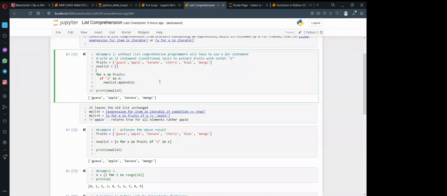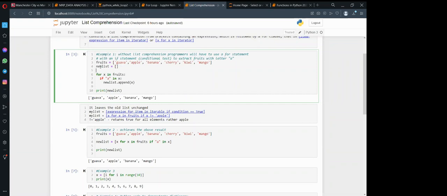If we are using the for statements and if statements, you say for X in fruits, if A in X, meaning if any of these has a character A, then we are going to produce a new list. Appending is just to add into, so we are appending this to this list here.